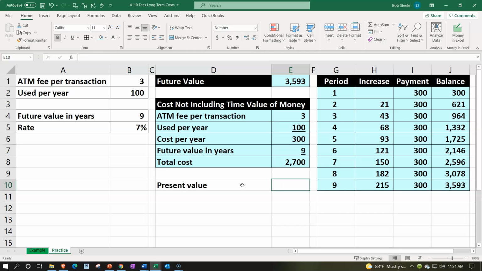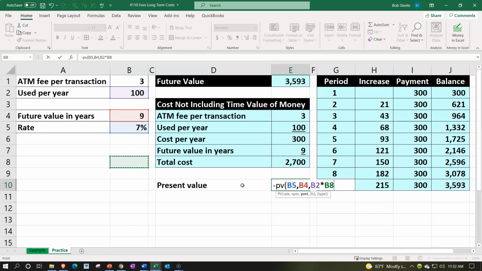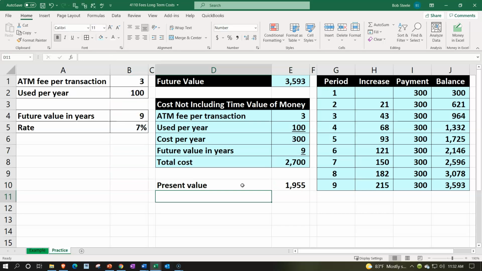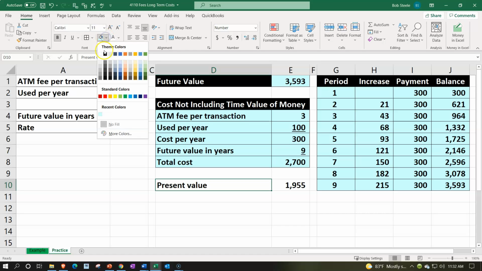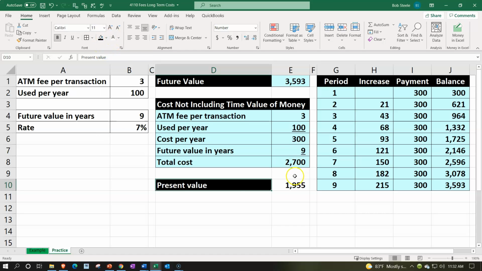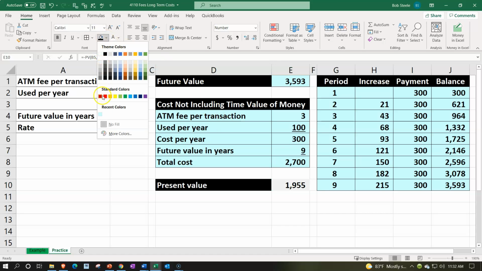We'll add it down here, and that would be the negative present value, shift 9. The rate would be the 7%, comma, number of periods would be the 9 periods, and then comma, and then we have this annuity, which would be the $300, which we're going to take then the 100 here times the 3, and so there we have it. So that would be present value terms of the 1,955. I'm going to go ahead and say let's make that here, and so we're going to say this is going to be blue,